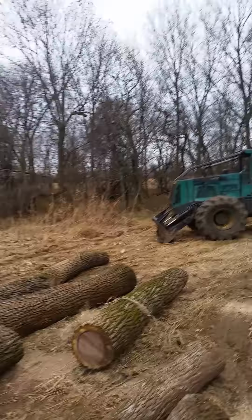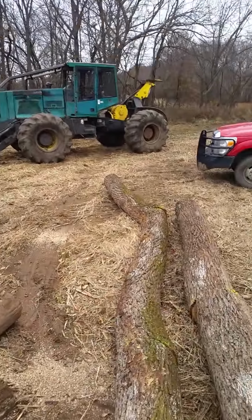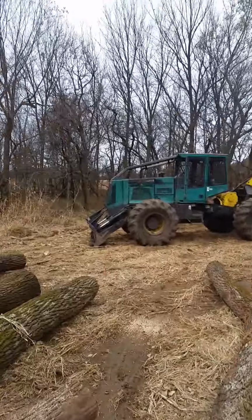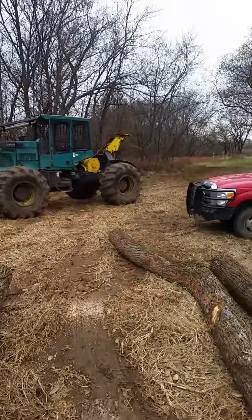All right, just got the Timberjack shut off for the day. We've been busy here dragging logs, trying to beat this weather. We're calling it quits early here on this Wednesday afternoon. Got some bad weather moving in, some snow, cold weather. I'm not a super big fan of that real cold stuff, so we've been scrambling to get some of these